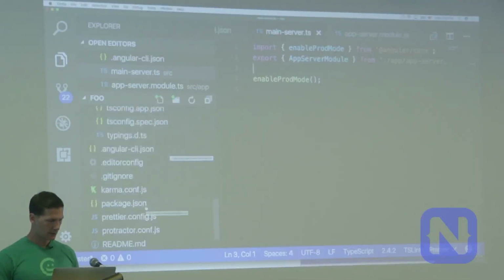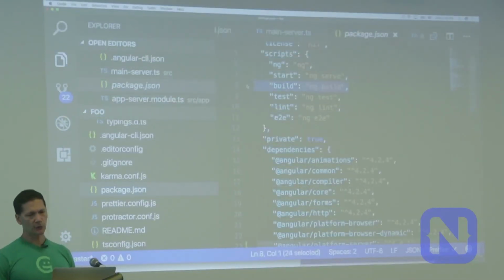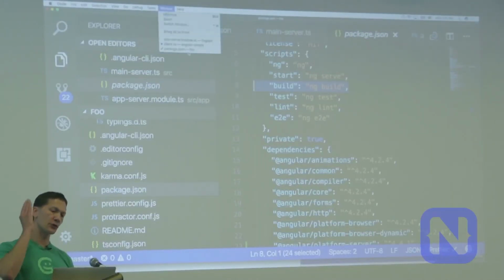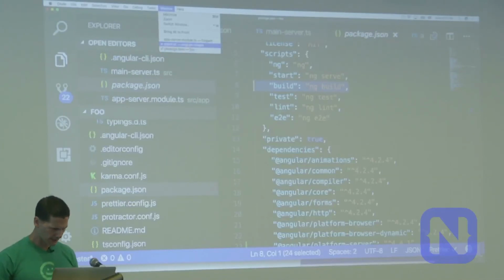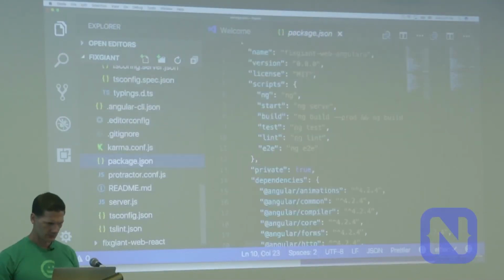So in package.json, by default, when you're building it, it just does ng build. There's a slight difference for when we want to build both the client and the server at the same time. So let me copy this over.